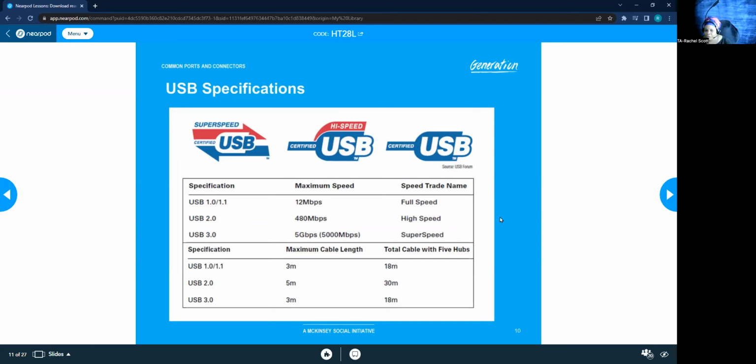And the USB versions 1.0 or 1.1, 12 megabits per second, USB 2.0, 480 megabits per second, USB 3.0, 5 gigabits per second, super speed, and maximum cable lengths, USB 1.0, 3 meters, total cable lengths with hubs. That's interesting to note, but the maximum cable lengths and the maximum speeds is what I would pay attention to